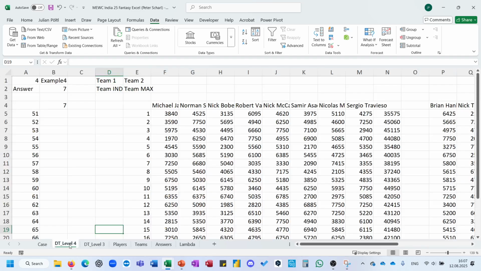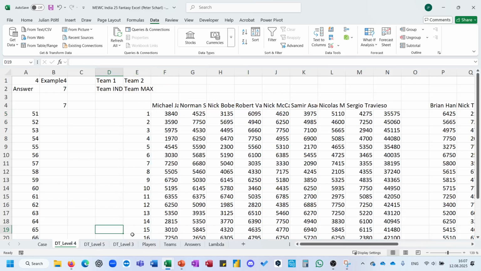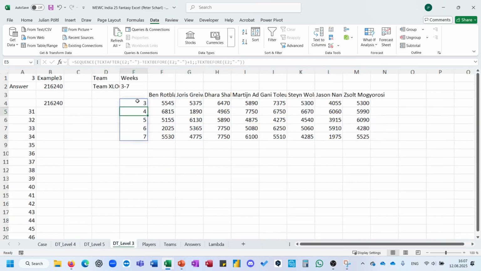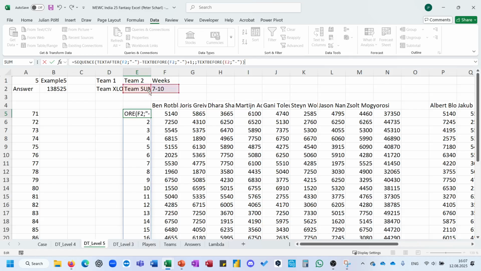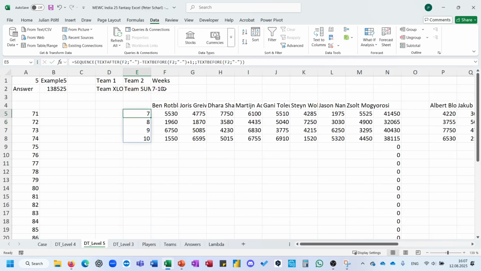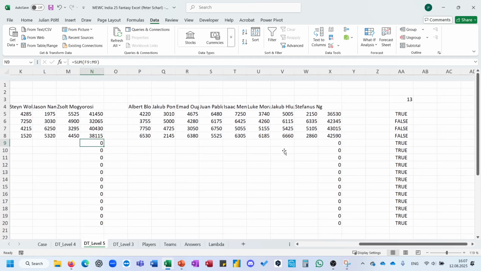Okay, so basically use my level 5 data table, and then use here the formula from level 3, adjust it, and then